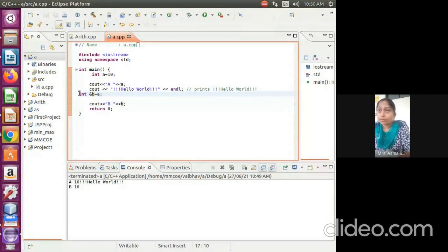It's similar. Students, a is equal to 10 and I am assigning a to b. So for a particular location, I have two names. The first name is a, the second name is b. I can give you one example: Marathwada Mitra Mandal College of Engineering, Pune, and we can also refer to it as MMCOE Pune.